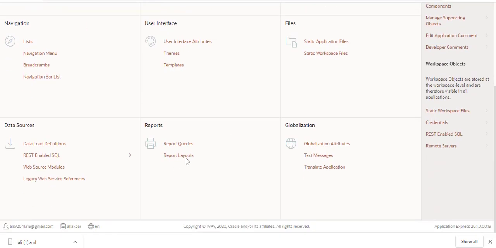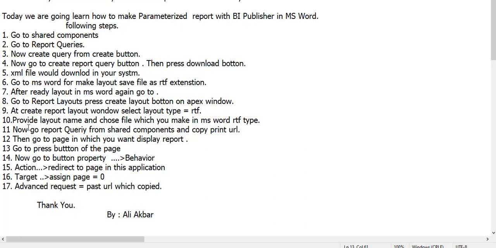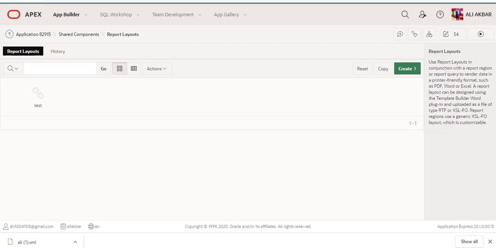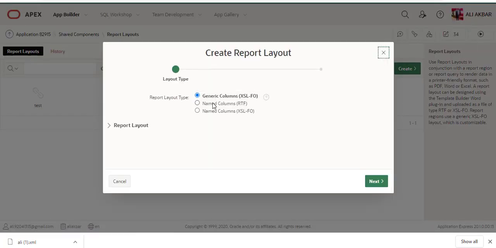I'm going to report layout, as I mentioned here, the report layout window, uploading report, assigning. I press the RTF button.